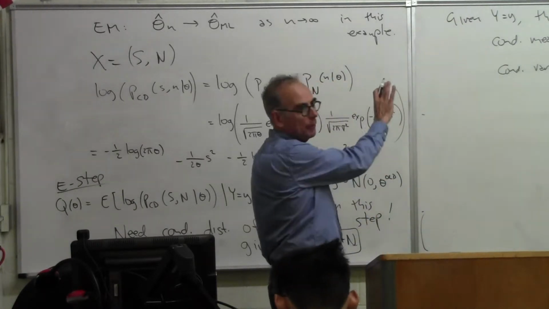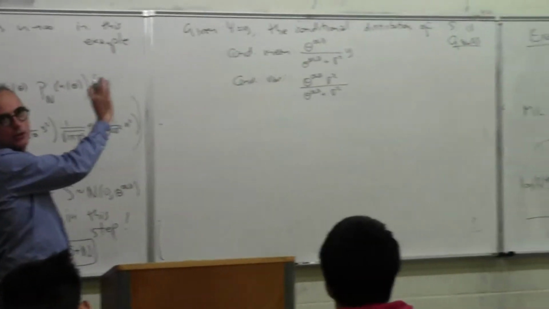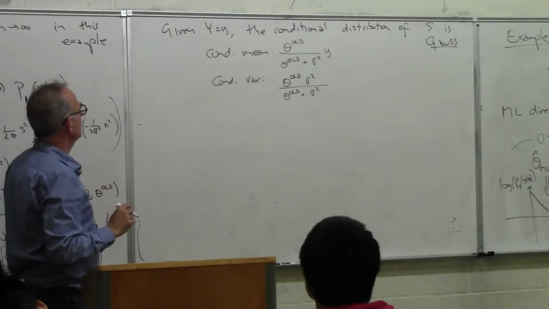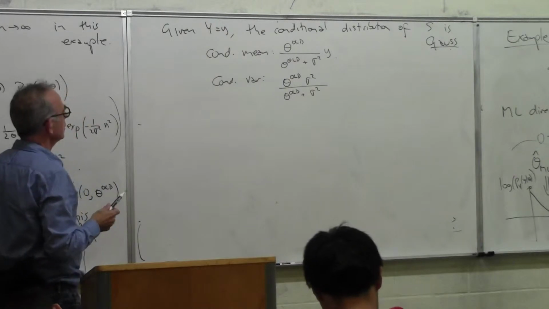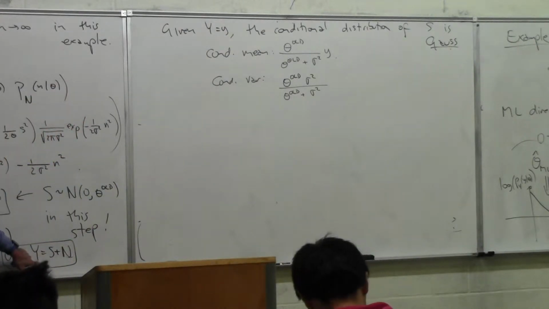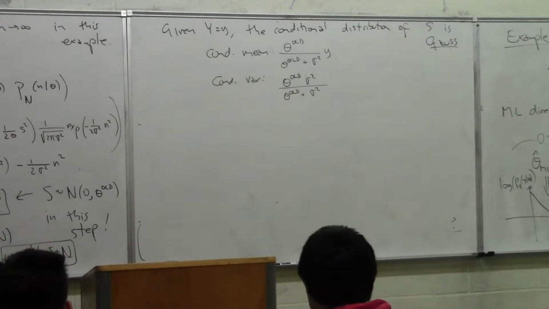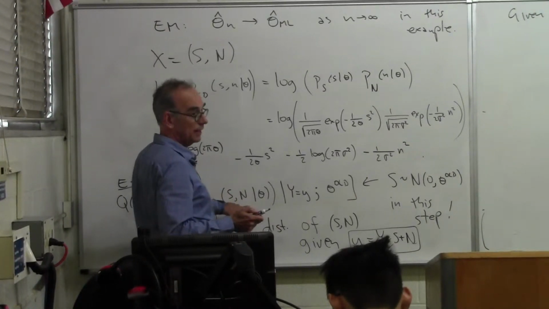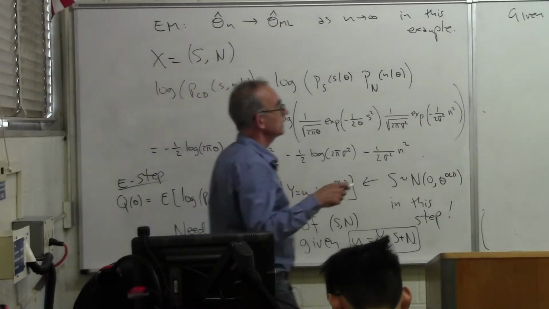Anyway, so that's something you can go back and look at your notes when we're doing Kalman filters and innovations and all that. You can work out the conditional distribution of a signal given observation of signal plus noise. Okay, so I'll take that out. But what was troubling me is the fact that Q of theta has not just a conditional expectation of S, but N. However, let's jump ahead.